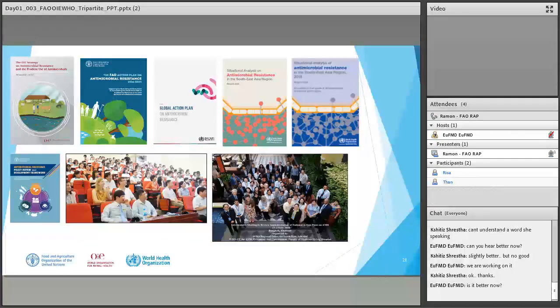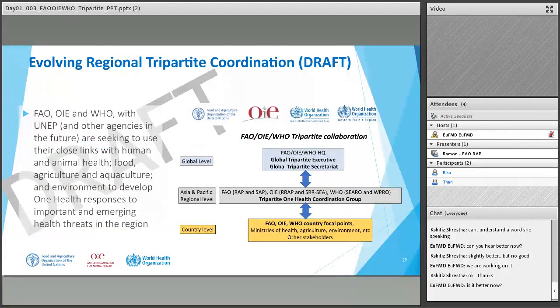We have some publications from OIE, FAO, and WHO. The WHO Southeast Asian Regional Office also published the situation analysis of implementing the National Action Plan from their member states. And FAO recently published policy review papers. Those are all available online. If you are interested, you can go in and have a look. We are continuing our support to the member countries on addressing AMR-related issues.